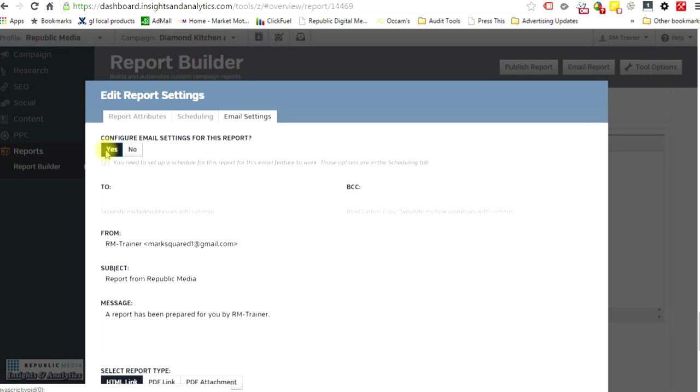Configure the email has to be yes. Here we go. We're going to configure the email, so select yes. Now, J. Cook at republicmedia.com, comma, T. Abrams at republicmedia.com. And then whoever your assigned sales rep is, and if you have a